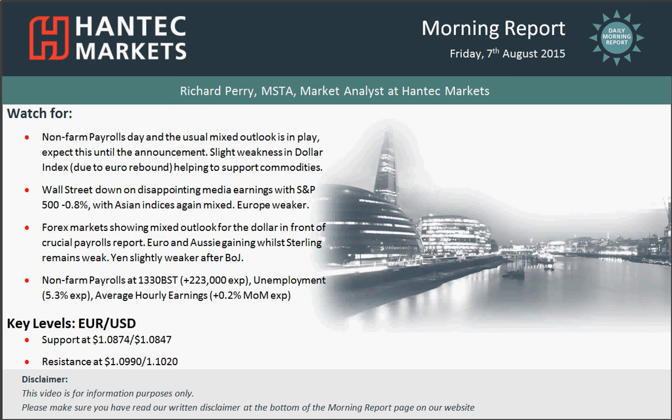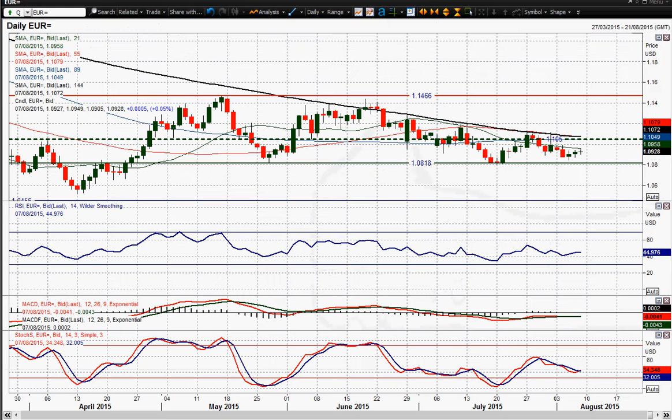and Tech Markets. It's non-farm payrolls day and I'm going to look at Eurodollar now. Eurodollar is consolidating, and it had a slight tick higher early doors in the European session, but nothing really significant. It sort of has bounced a touch off the 108.47 level that we saw on Wednesday, but basically it's